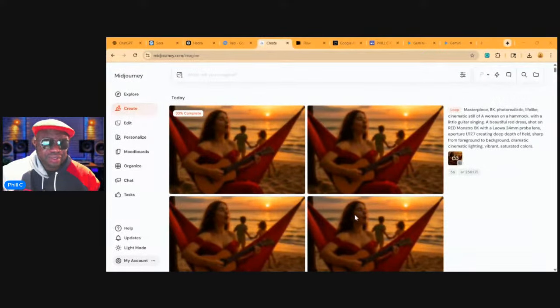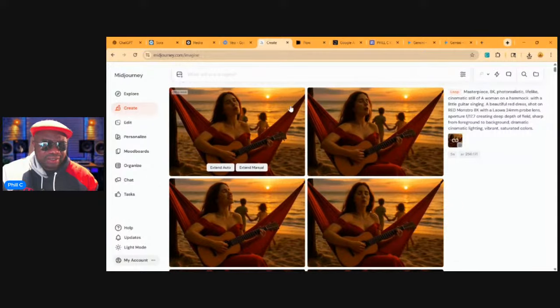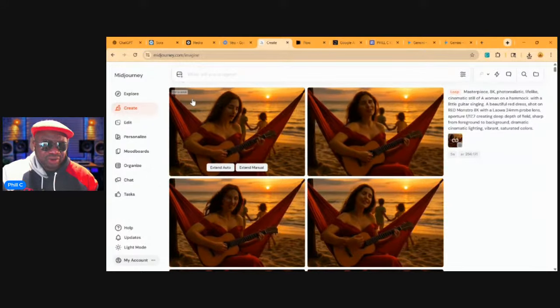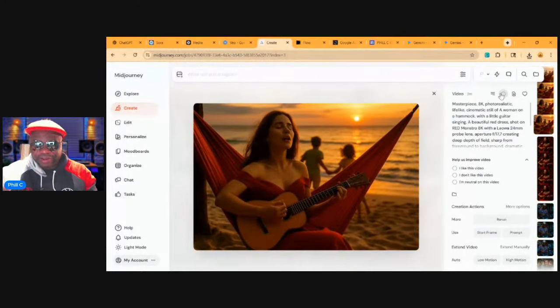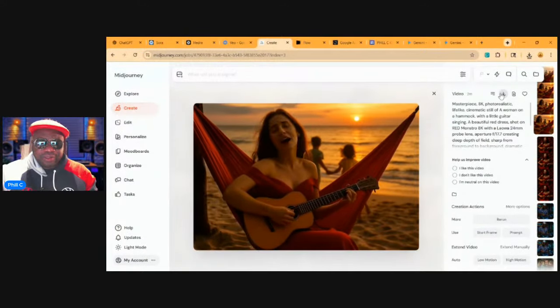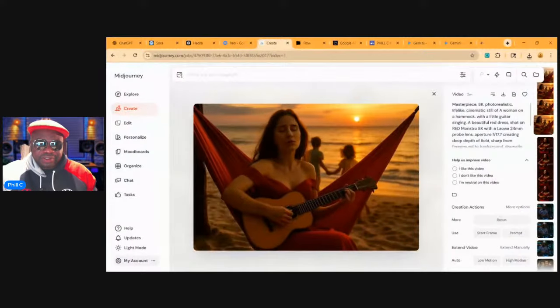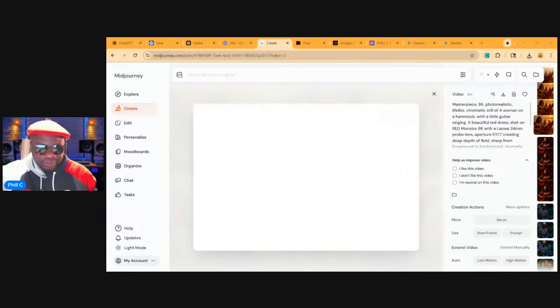And now for this one, you can see, it brings it to life quite nicely. There she is rocking back and forth on that hammock. So let's download. And even though the facial likeness may not be exactly as the first one is, a lot of times when people are watching, most will just be absorbed by the music until they get critical on the second or third go round, if they go that far. So there we go. We've got our downloads. And now the next thing we're going to do is go into Clipchamp. So let me share Clipchamp on the screen.